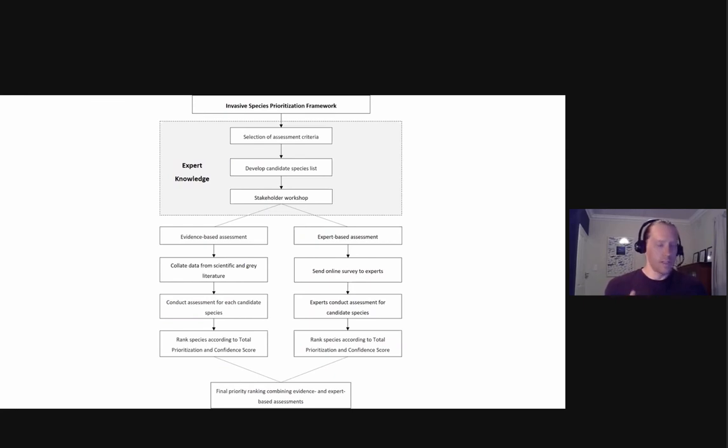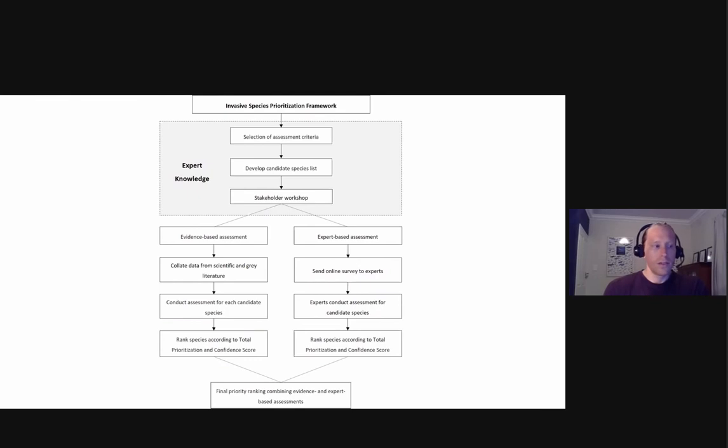I'll go through each of these steps in more detail as we go along, but I'll just run through the overall approach here. After we have decided on the criteria that we are going to include in the framework, the next step is to develop a candidate species list, a subset of species that you would then run through the framework to have a priority ranking at the end of the assessment.